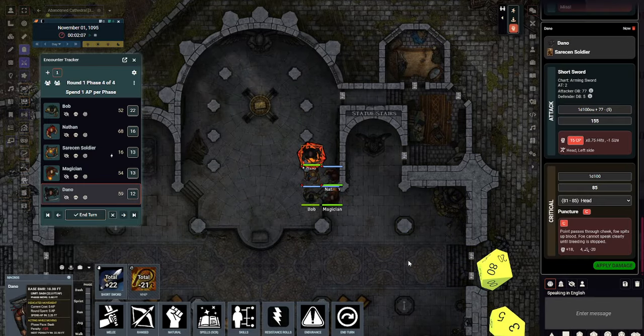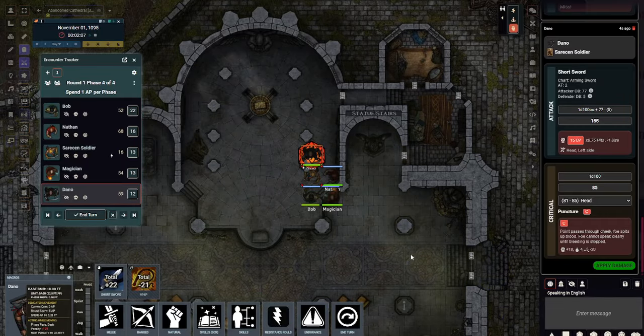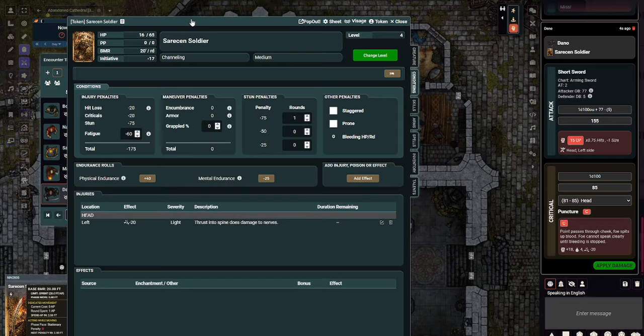$83. Okay, that is a crit. So short sword does 30. See, point passes through cheek. Foe spits up blood. Foe cannot speak clearly until bleeding is stopped. So there's more damage. Alright, so we're going to bring up our Serration Soldier because we want to watch this,